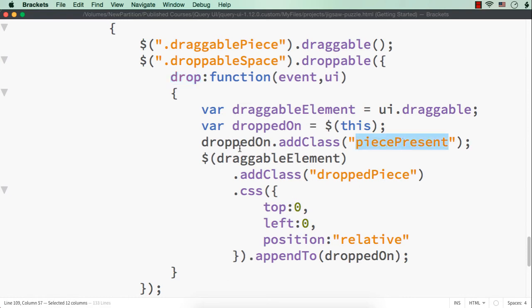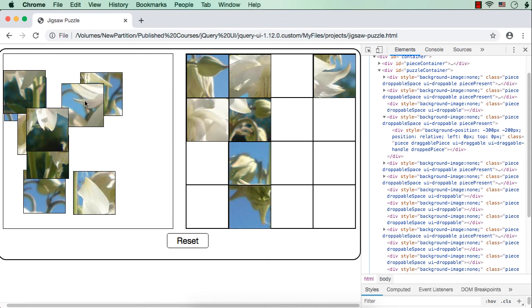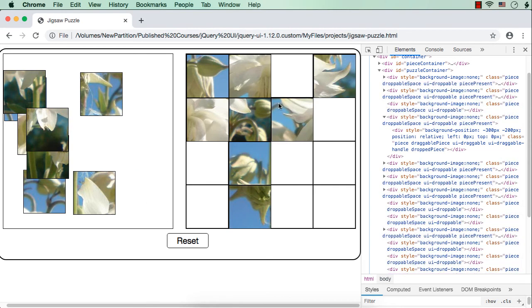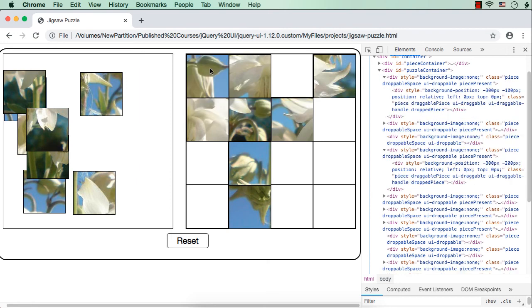For the space we are adding piece present, and for the dropped piece, that is whichever piece has been dropped from here to here, we are adding the dropped piece class. So here we can see for the main div, that is the div space here, we have the class name piece present, and for the image piece we have the class name dropped piece.